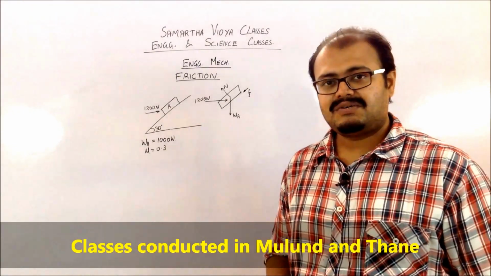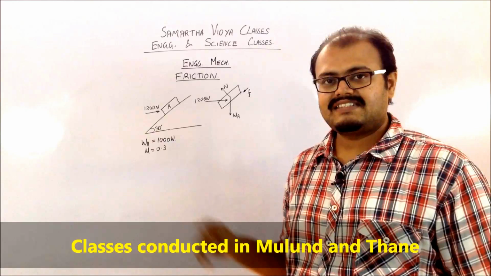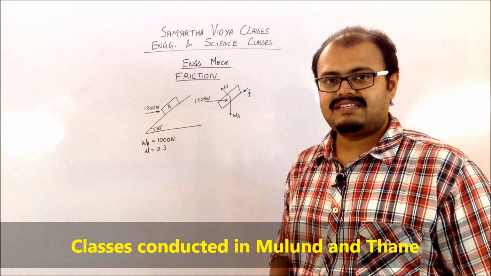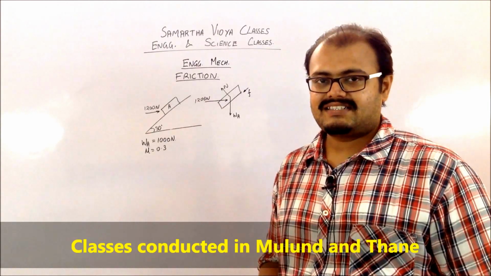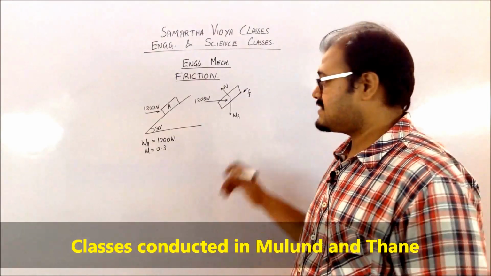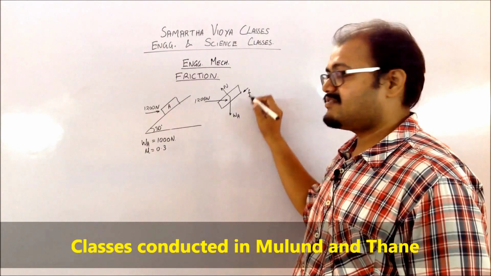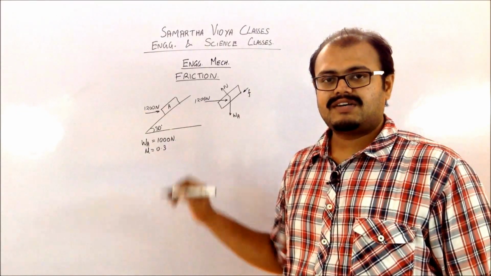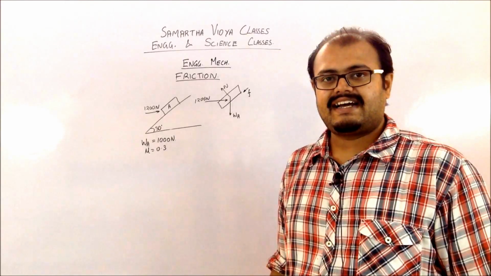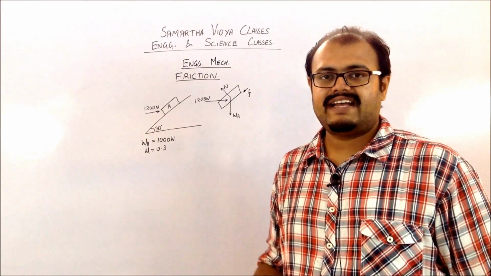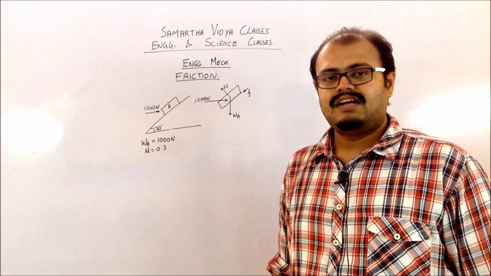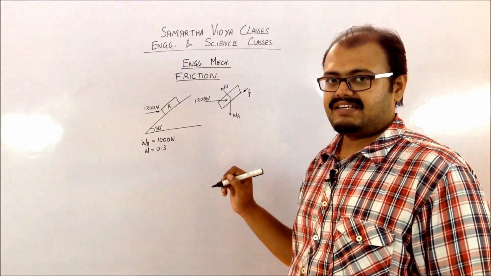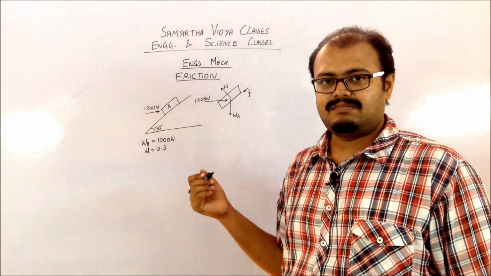But I still don't know whether the block is going to move, or whether it is just at equilibrium, or what condition applies over here. So in this case I cannot take this F as the maximum frictional force. So I have to keep it as F only, and check the value of F which I will be getting. Now there are no more forces applied to it, so we have to just take the components.